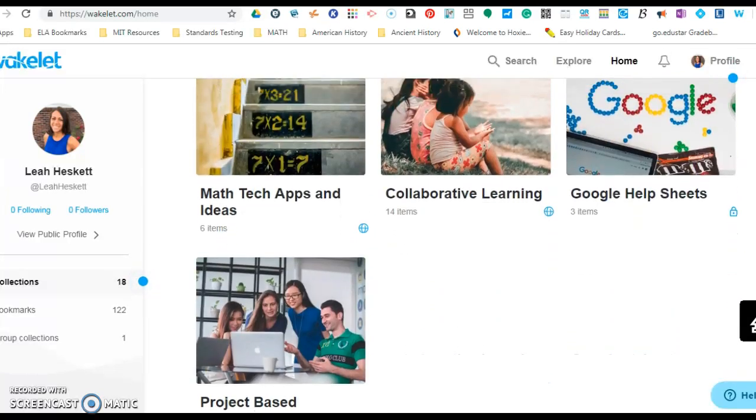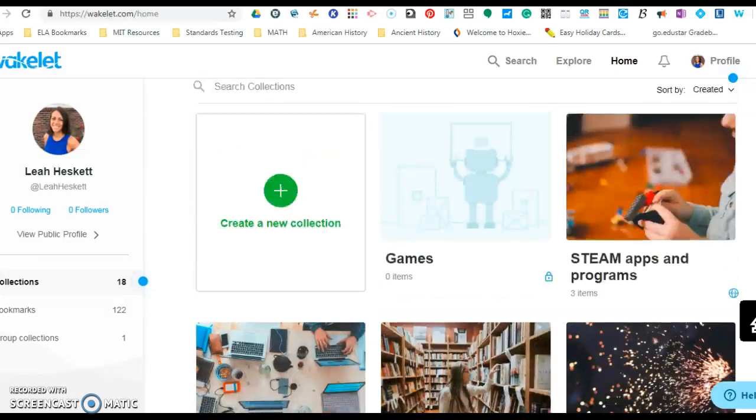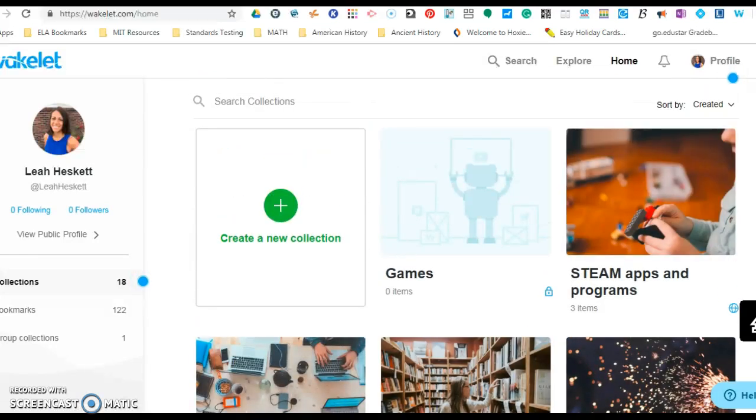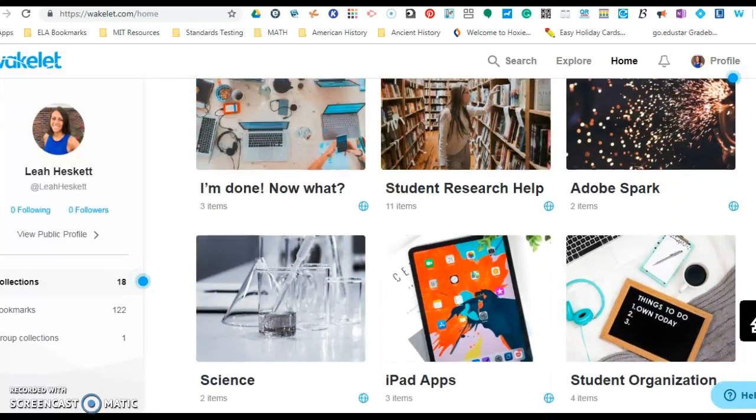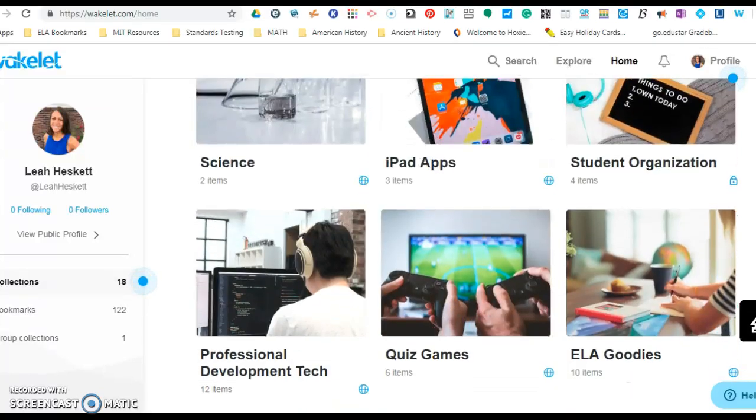So how I would use this is with teachers. What I'd like to do is add all the teachers in the district as contributors, so then when they look and find apps, or we're going one-to-one, so they might need help in finding programs and apps to use with their students to better integrate